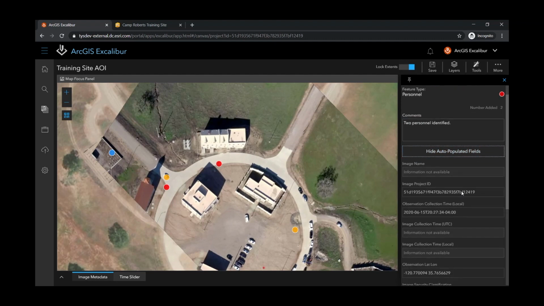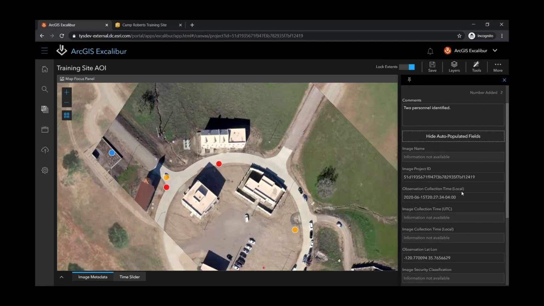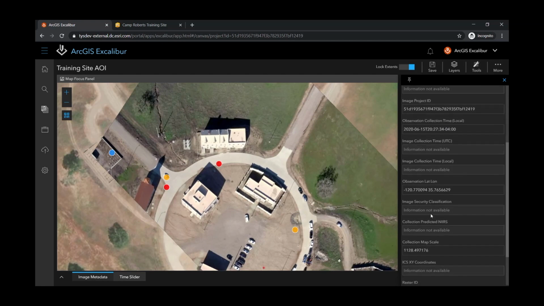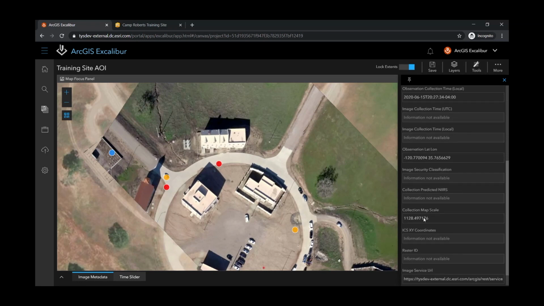These fields help connect the observation to a specific image to allow for traceability of observations within an organization. So these observations are tied to this specific imagery project and this specific image. They were collected at this date and time, at this specific location, by this specific user, and at this specific